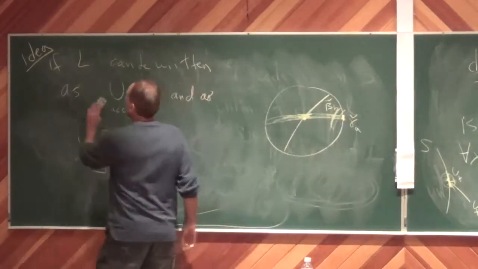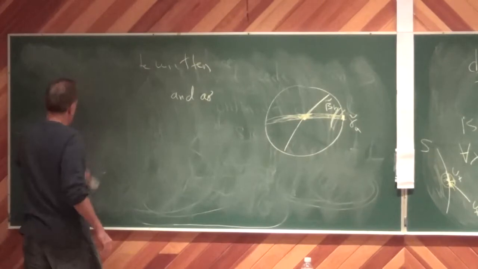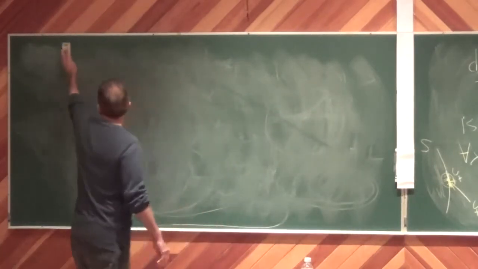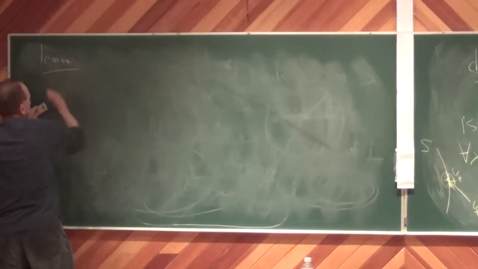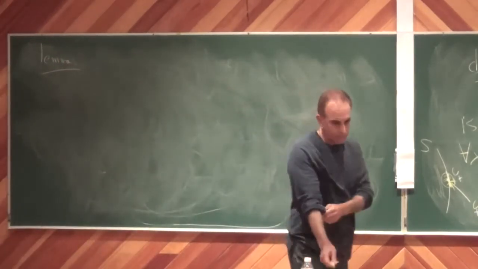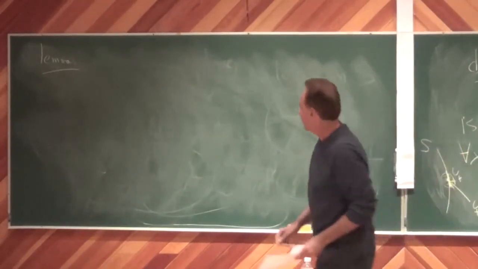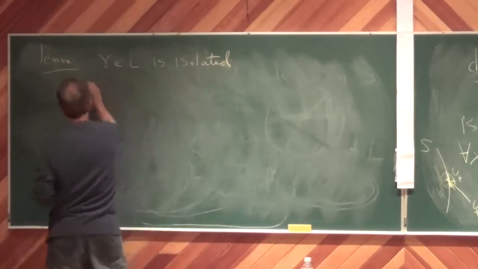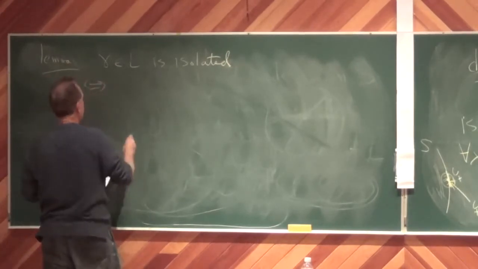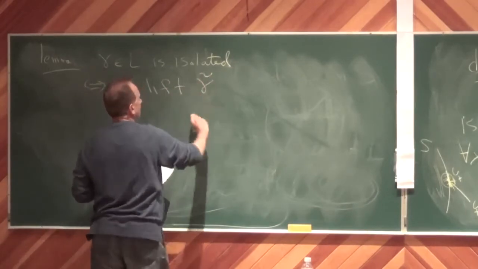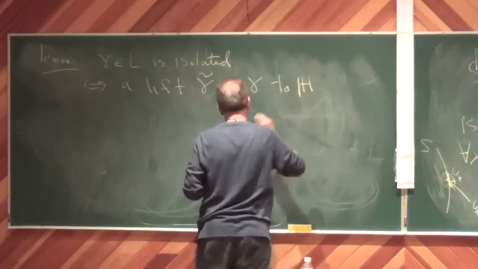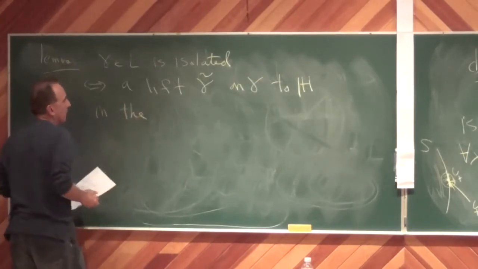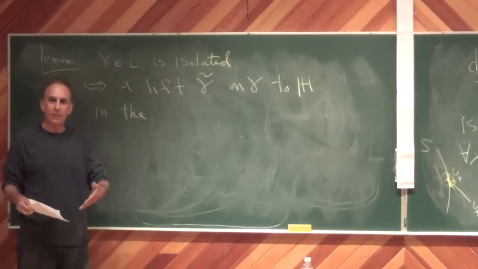In fact, maybe I'll write that down. So, gamma in L is isolated if and only if a lift gamma tilde of gamma to H... okay, so whenever you have a lamination on the surface, you could lift the lamination, the whole thing,